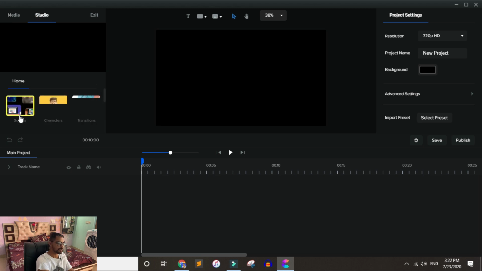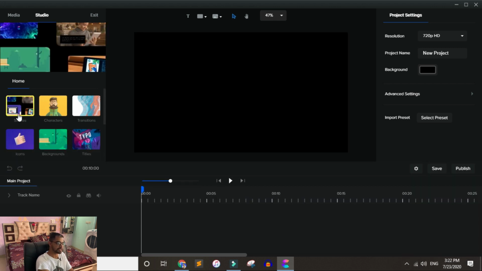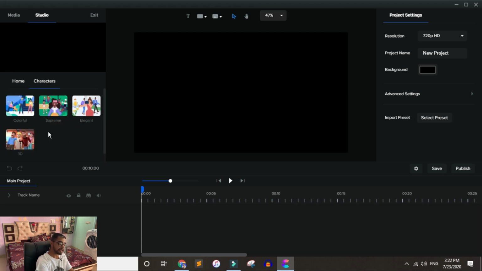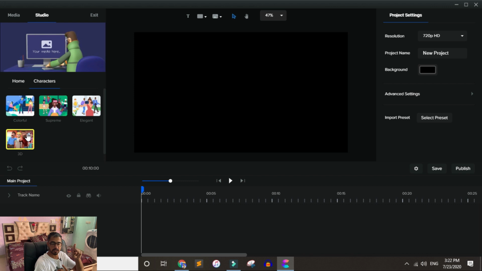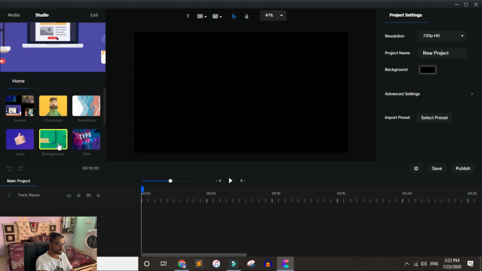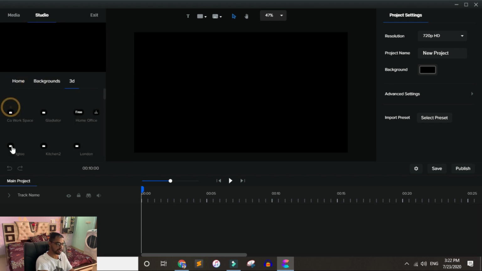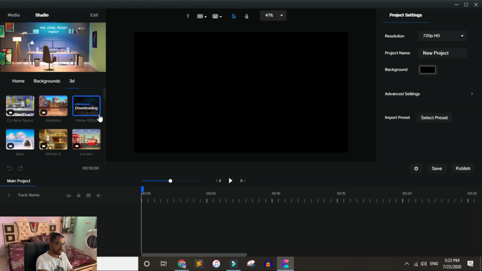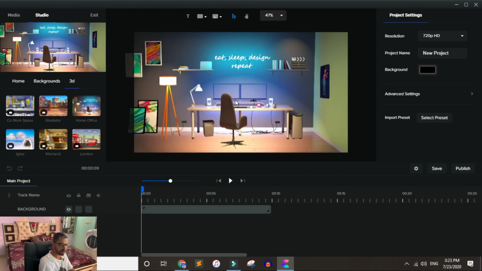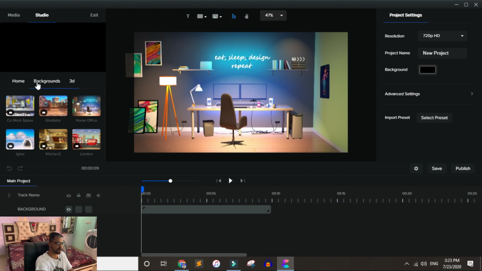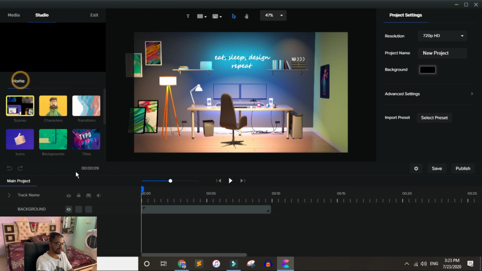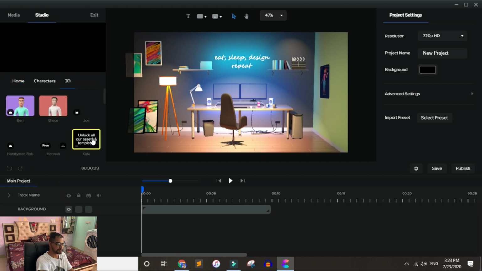If we go to the studio, my internet connection is not strong enough at this moment. So we have pre-made scenes, we have characters. In Create Studio, you will get 3D characters. With either Powtoon or Toonly, you are not getting 3D characters. Let me first of all use a background, maybe a 3D background. And one more important thing, once you have downloaded something inside Create Studio, maybe a background, whatever it is, it is going to save on your computer. You can use it in as many projects as you want, not like Toonly, where you have to download everything again and again. Now we are going to use a character.